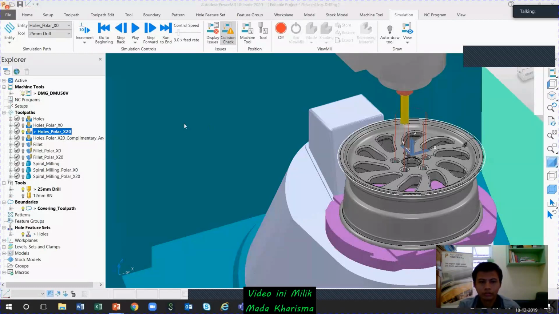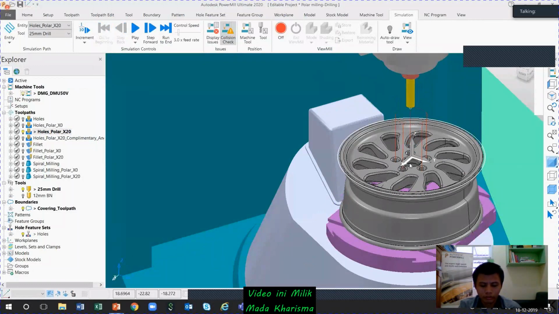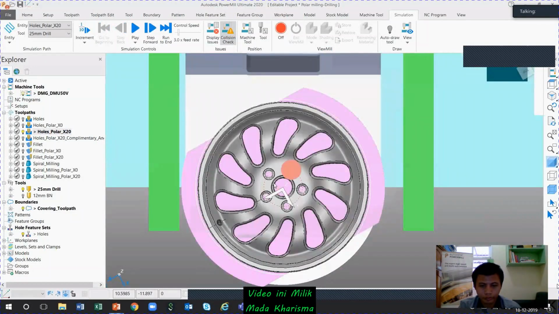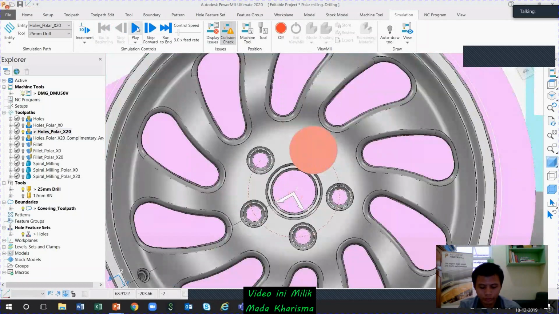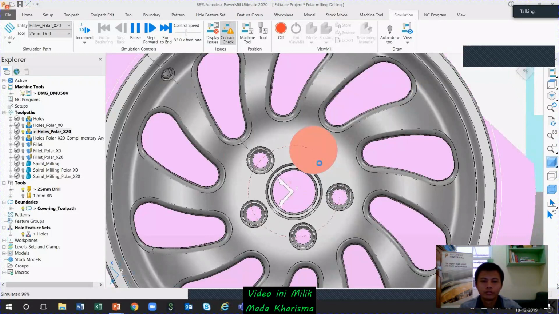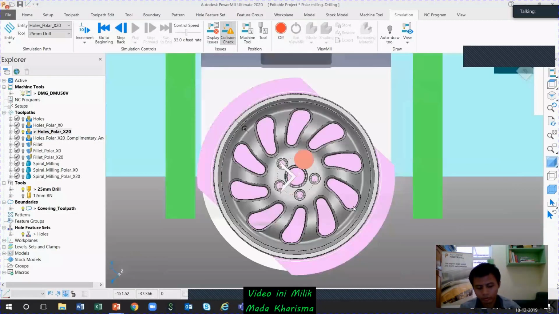So what will happen if you simulate this toolpath? You see the toolpath here, from the center, it is moved 20 mm. Still, you can do the toolpath movements from the same location. Instead of x0, you have 20 mm in the positive direction, and you are still able to create the toolpath. Similarly, you can use x, y, you can lock the axis.